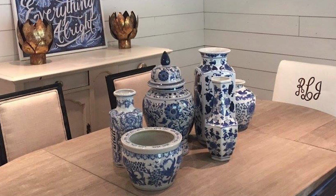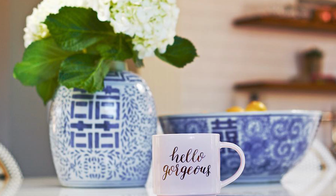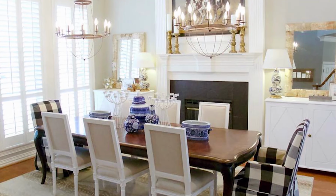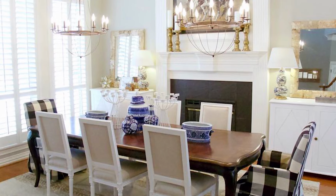Well, I think the biggest tip we can give on decorating is accessories. I think most people don't realize how many accessories it takes to fill up a room, and that can really give it some texture and depth, and usually those are pretty inexpensive. We shop a ton at Home Goods, antique stores, anything, or things that if you found traveling, little knickknacks and things like that to fill up bookshelves. We love books too, but those are the type of things that really, what we call top dress a room